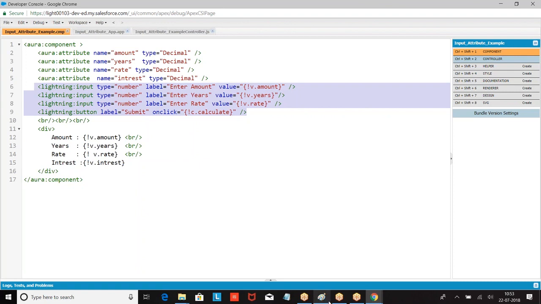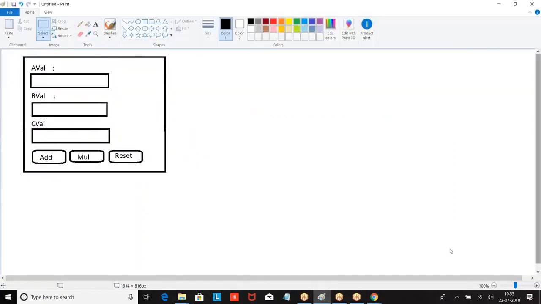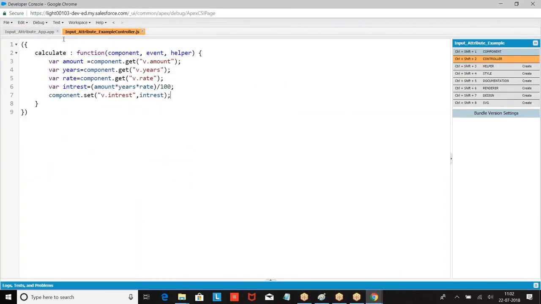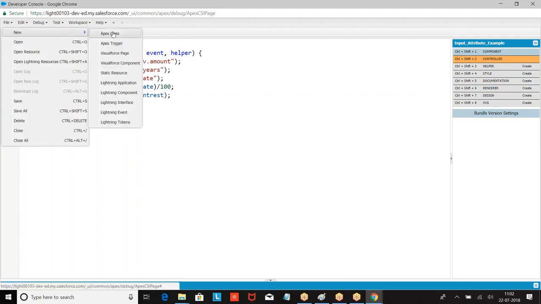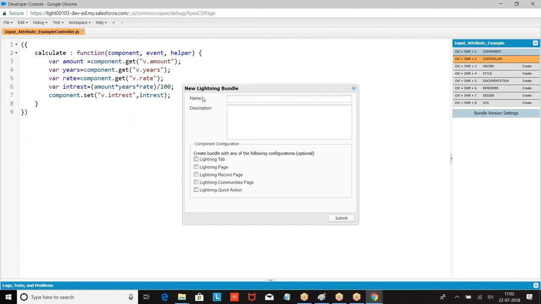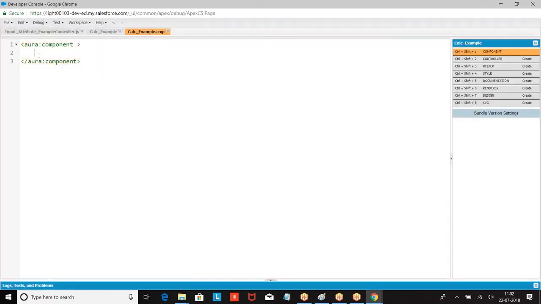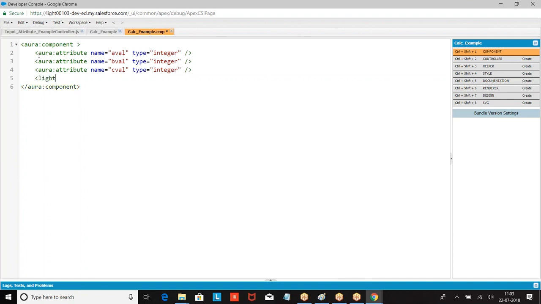Right. So shall we do one example? Do this example. So first I was supposed to create attribute name, type. Then I'm creating lightning